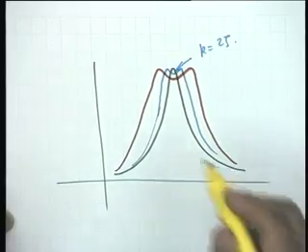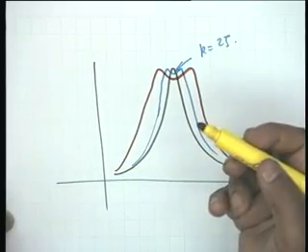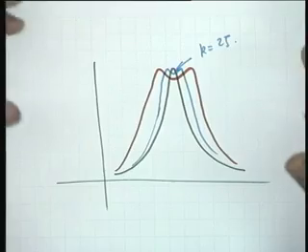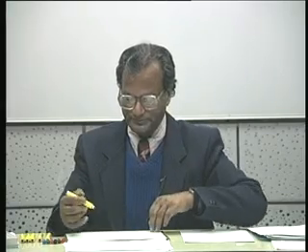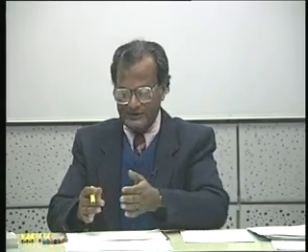Okay, and then this phenomenon goes on as we make the coupling tighter and tighter, as we bring the coils closer and closer together. The dip in between and the separation between the peaks increases. So for the same depth, can we increase the separation between two peaks? No, not with the same coils, you will have to change the coils.